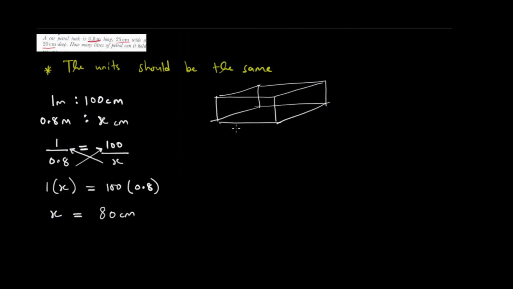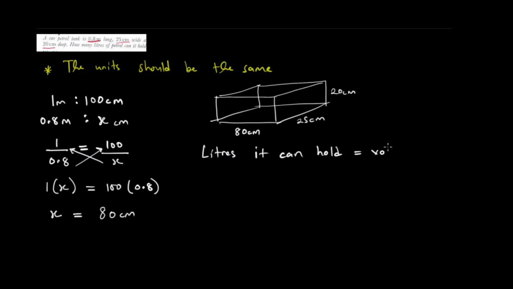So the length is 80 centimeters, the width is 25 centimeters, the height is 20 centimeters. How many liters of petrol can it hold? So the liters it can hold